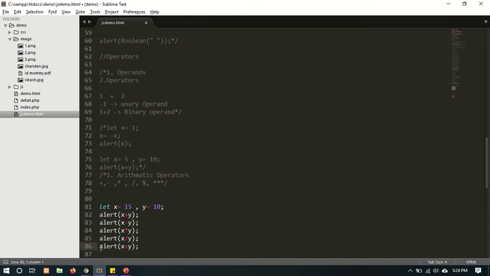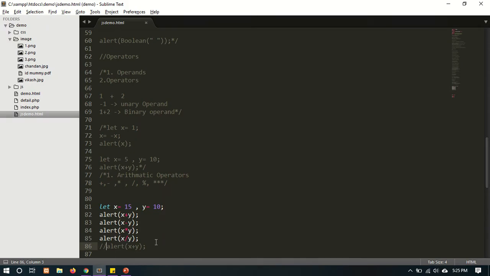Just comment this. Just refresh it. First, the addition of x and y, 15 and 10, is 25. Next, subtraction is 5. Next, multiplication is 150. And the next one, the division, is 1.5.